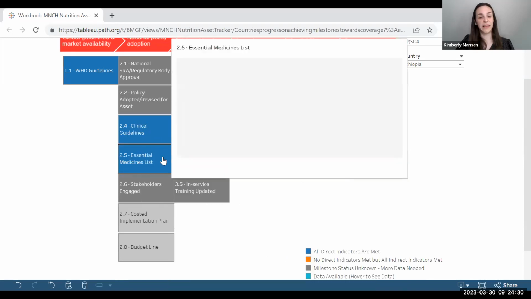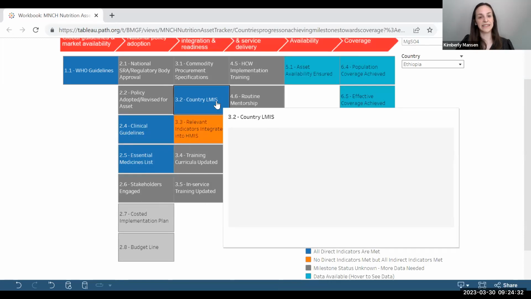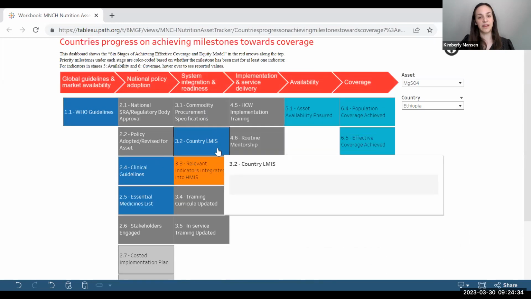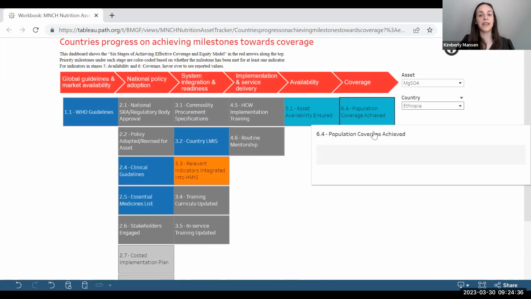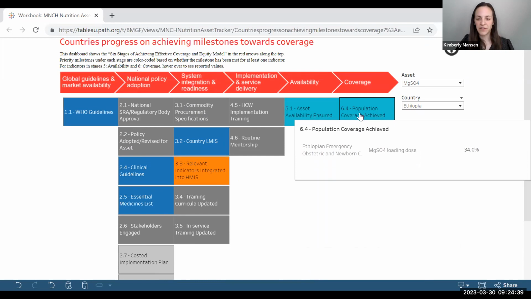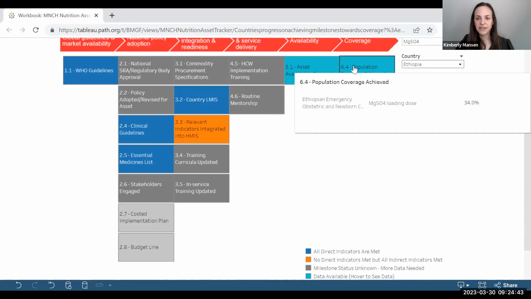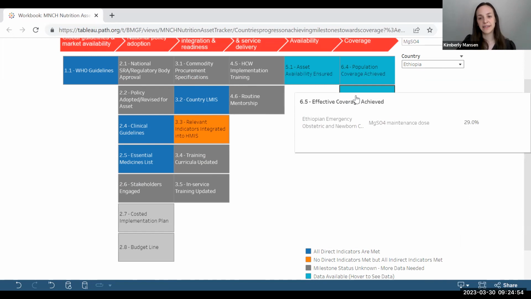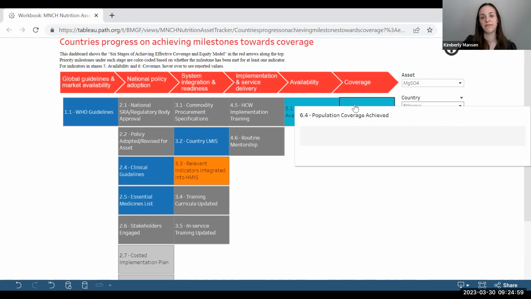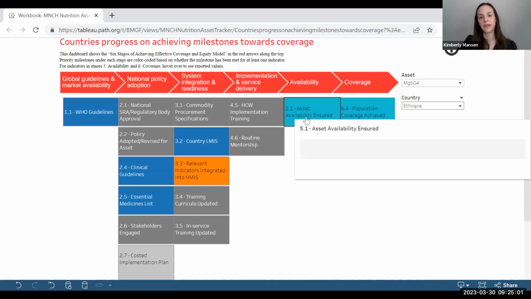We have clinical guidelines on the essential medicines list in the country LMIS. And then we do have some effective coverage achieved. Let's see what that is. So in here, it's stating that in the Ethiopian PMNCH survey, there is MgSO4 loading dose and the maintenance dose actually being measured at the coverage level.